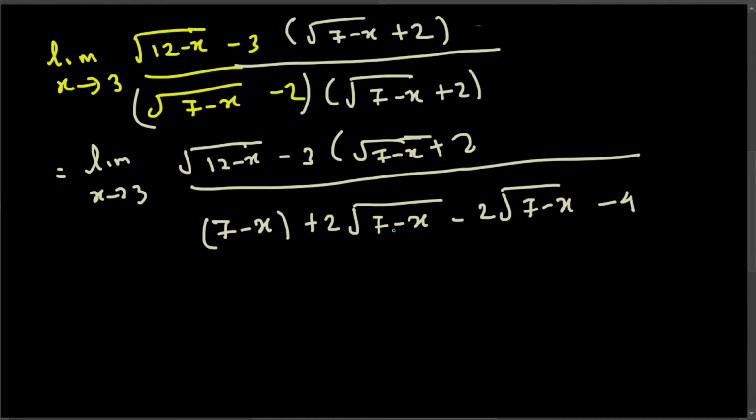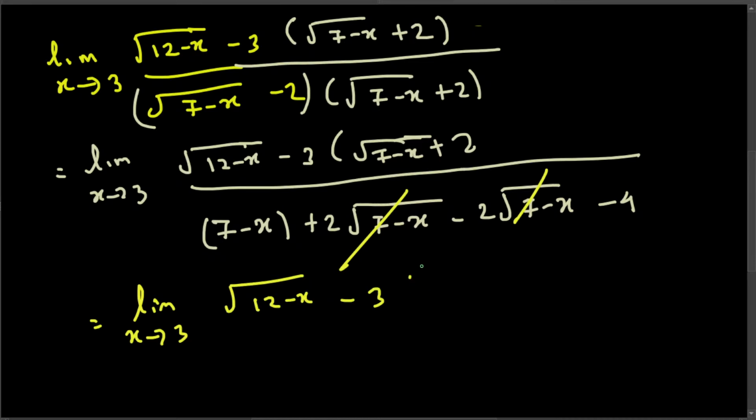We can cancel plus and minus, like here we have plus 2 square root of 7 minus x minus 2 square root of 7 minus x. We can cancel these two. If we do that, we are gonna have this limit x approaches 3 and then the whole thing in the bracket, square root of 12 minus x minus 3, multiplied by square root of 7 minus x plus 2, divided by,